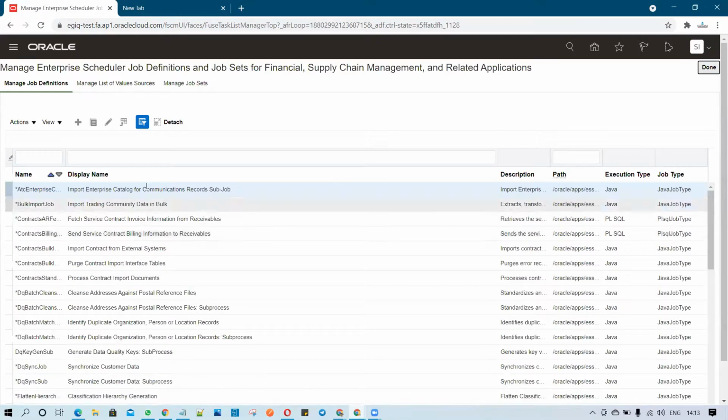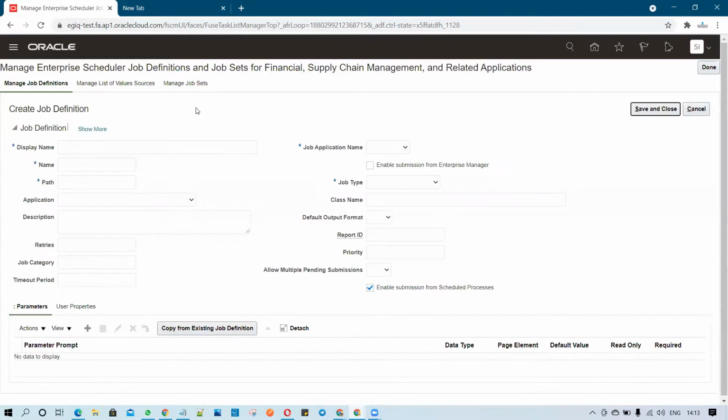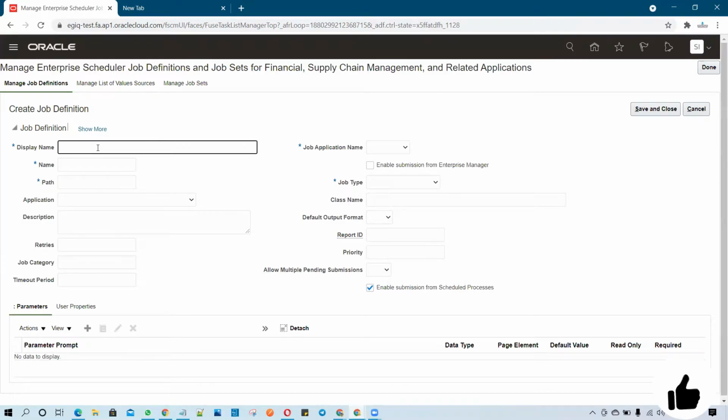Once you click on that task, you have to click on Create. Now you have to set the job definition privilege. I'm setting up, let's assume, a custom SCM custom ESS job.